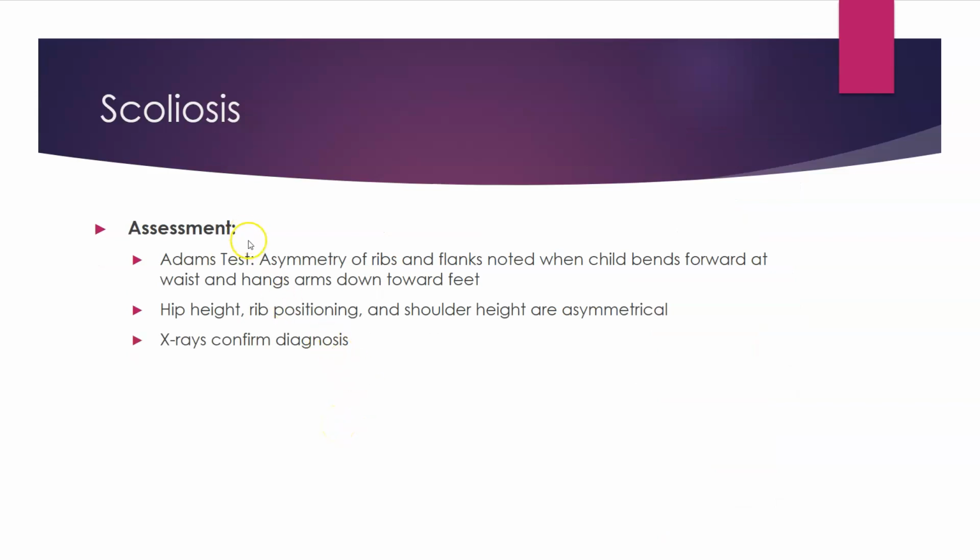So with this one, assessment-wise, we can look as somebody bends forward. It says child in here because oftentimes we see scoliosis in an adolescent age. But you're seeing that there's an asymmetry between sides. Another big one is hip height discrepancies. So as you're having them bend over, you're seeing that one of the hips is higher than the other one. So diagnostic-wise, we're looking at x-rays, and then on that, it's got to be a significant curvature